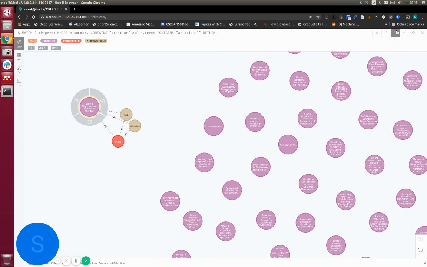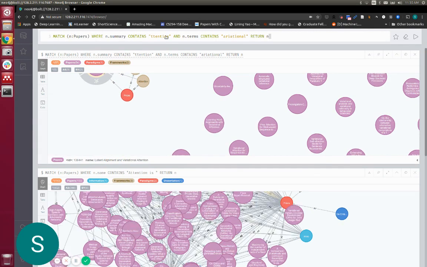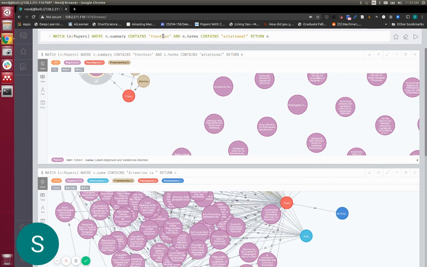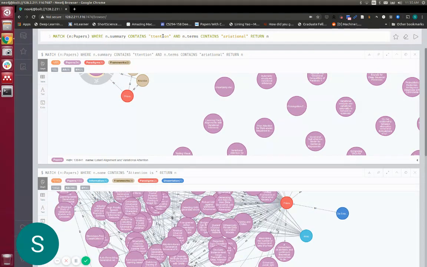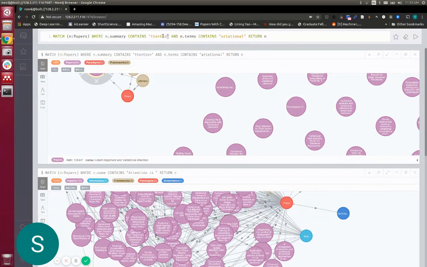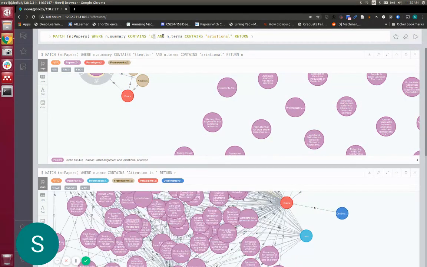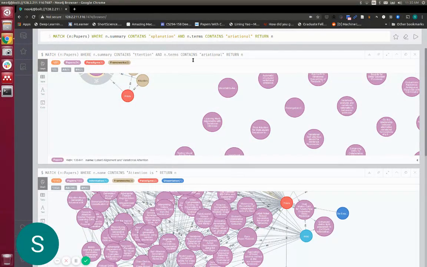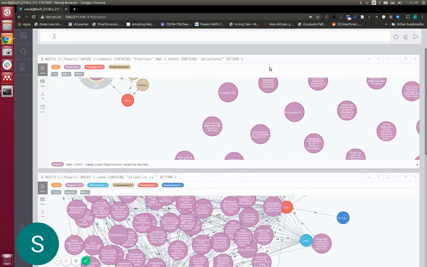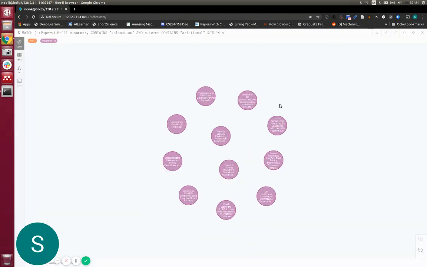Let's do one more variation here. Instead of just searching for attention, let us try to see if there are already papers which try to use variational autoencoder for explanation. So instead of using the search term attention, let's use the search term explanation. And the model again has populated the graphs, and now we can see there is a limited set of papers.